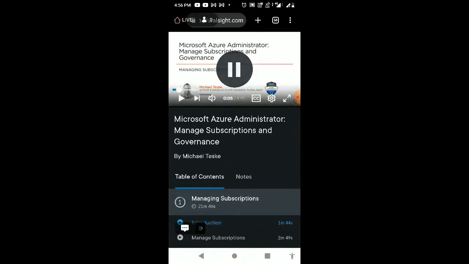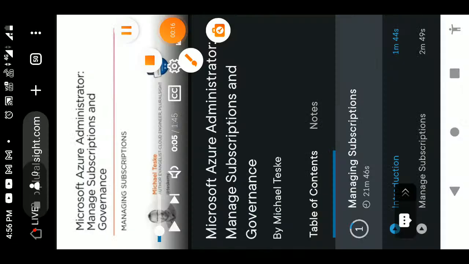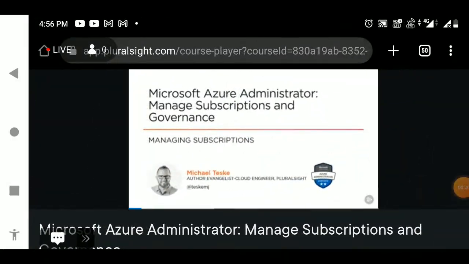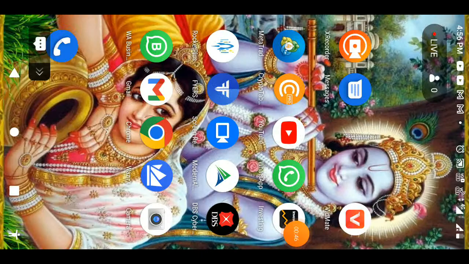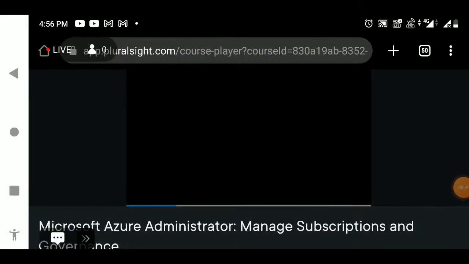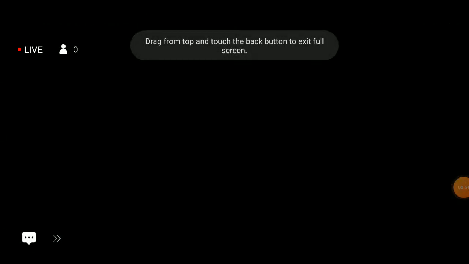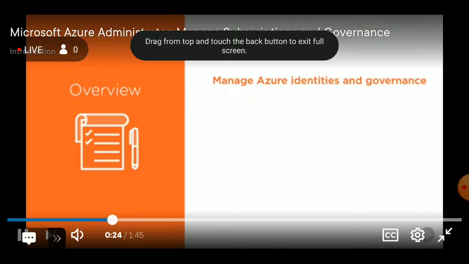Welcome to this course, Microsoft Azure Administrator, Managing Subscriptions and Governance. This is the first of two modules in this course called Managing Subscriptions. Hello, my name is Michael Teskey, and I'm happy you joined me in this course. This is the first course of the Manage Azure Identities and Governance functional group. The other courses in the AZ1